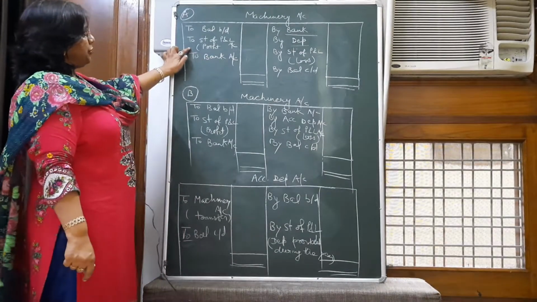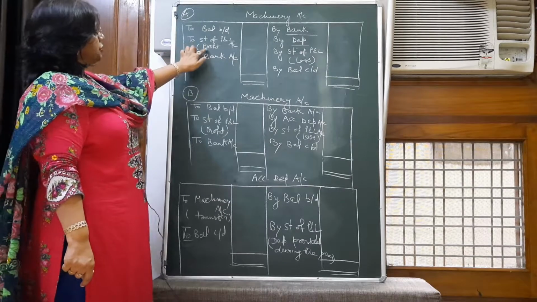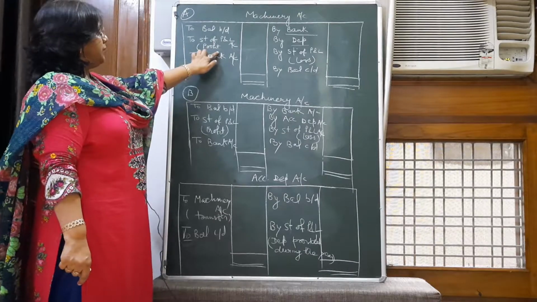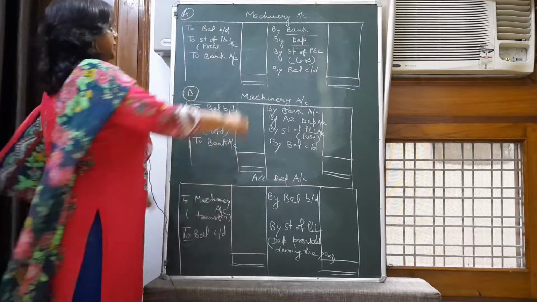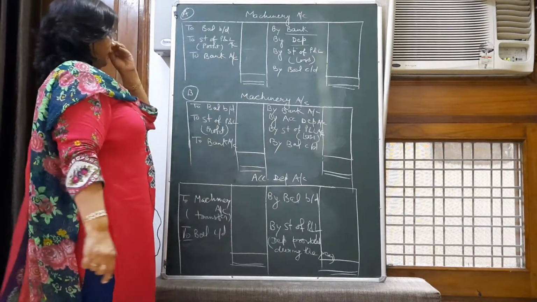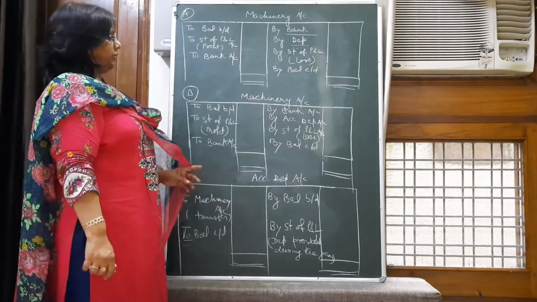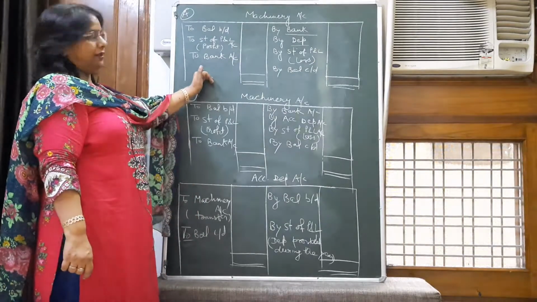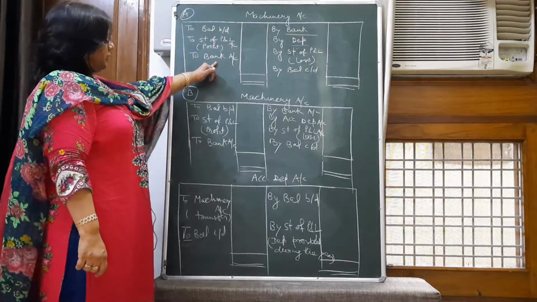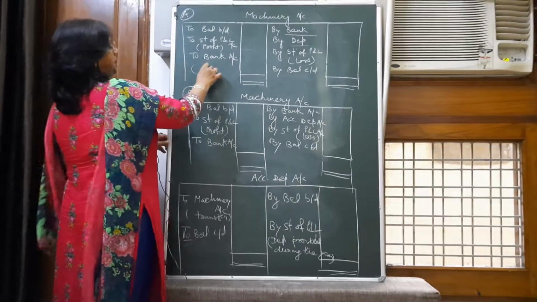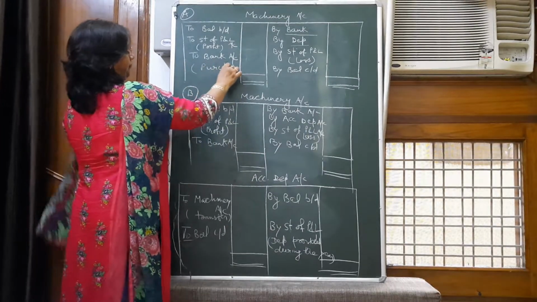If there is profit on sale of asset, you will show it in the debit side of machinery account to statement of P&L, and this is profit. Then you have to balance the account. If credit side total is higher than debit side total, then there will be the balancing figure to bank account, and that will be the purchase of machinery.